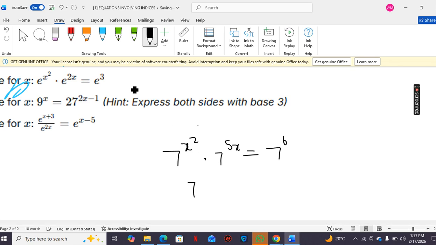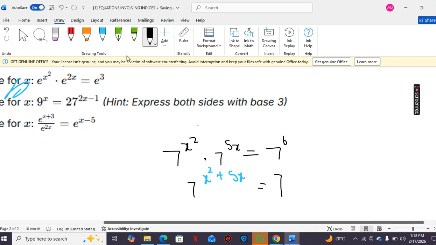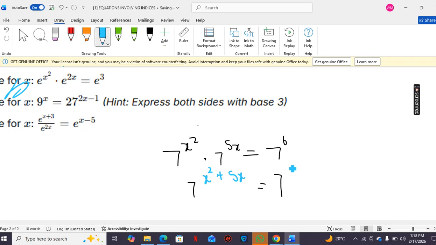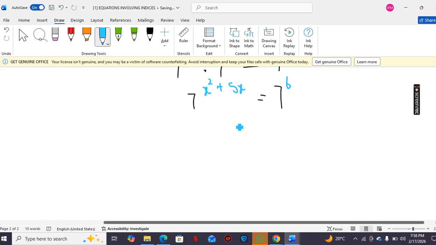So we have 7, so we're adding x squared plus 5x. So now the bases are the same. We can solve for the exponents. Okay, so we're going to get x squared